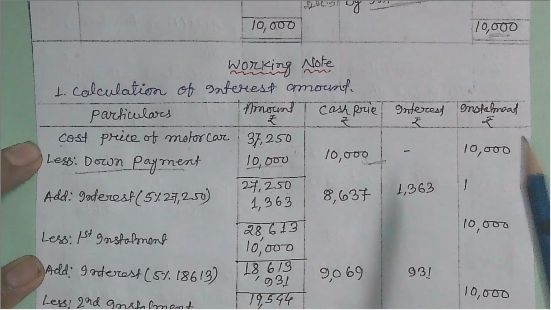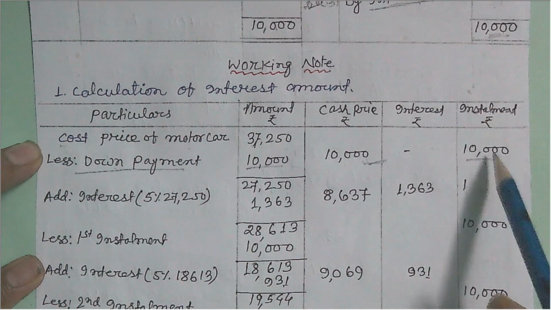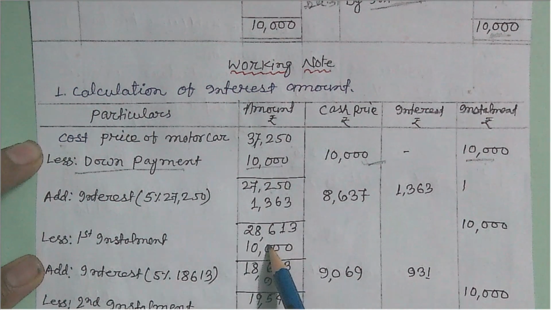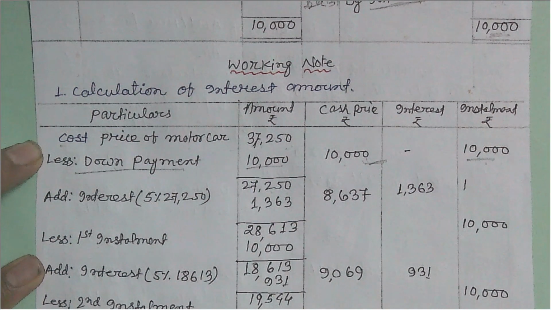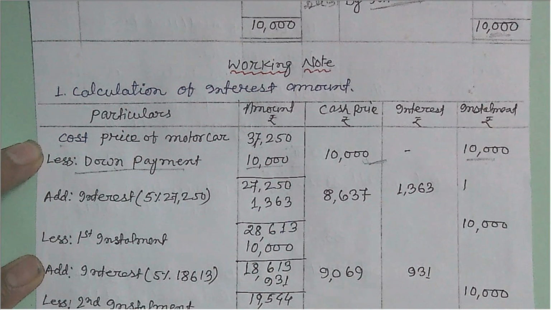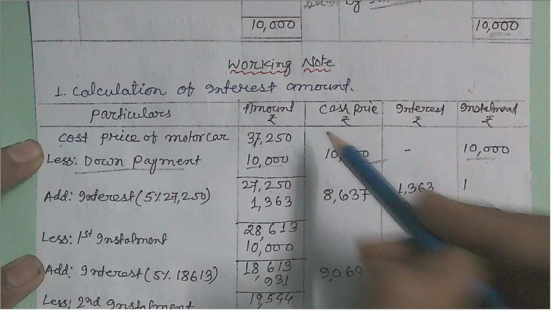Okay, and that will also be called an installment here, but this installment does not include interest, otherwise we will not get the aggregate total amount 40,000, because the down payment is 10,000 and three installments of 10,000. This is the 10,000 and 10,000, and this is the third installment 10,000. So 10,000 plus 10,000 plus 10,000 plus down payment 10,000, total 40,000. It is called the hire purchase price, and this hire purchase price includes interest plus the cash price of the motor car,